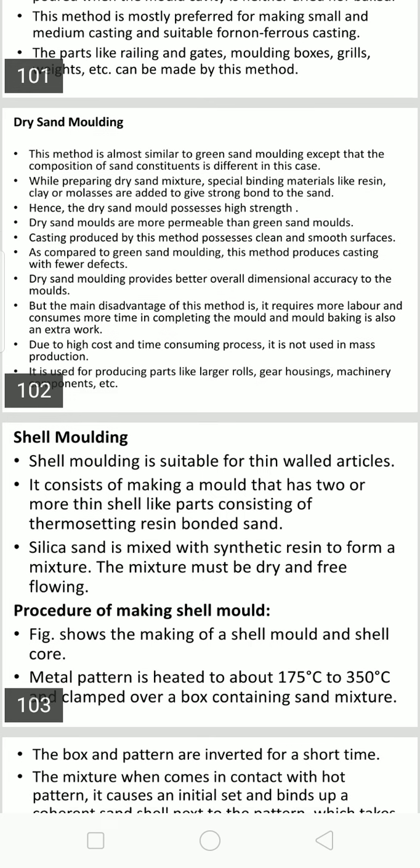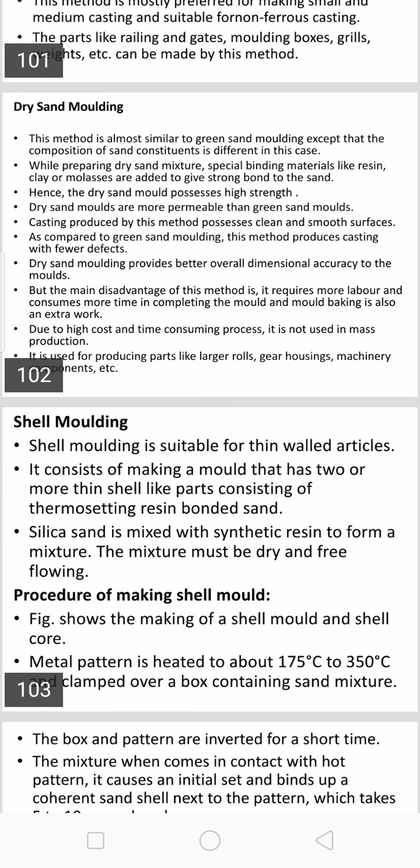This process is suitable for production of castings like precision castings. So this shell molding normally